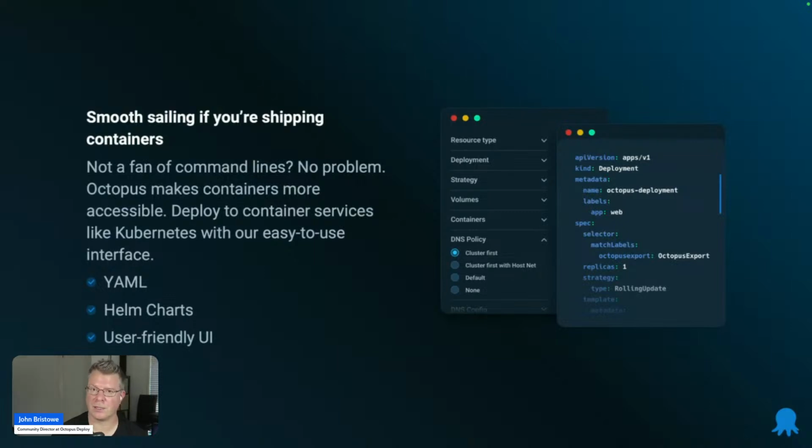If you're working with containers, we support this out of the box, whether it's inline YAML, or integration with Helm, which is another tool you might use with Kubernetes. These are other capabilities we support out of the box. So if you're looking for a great tool that will allow you to do Kubernetes deployments along with other types of deployment types, this is a great tool for doing that.